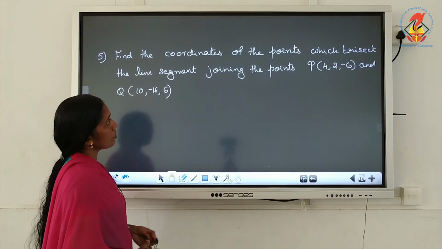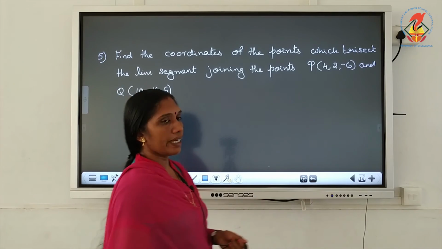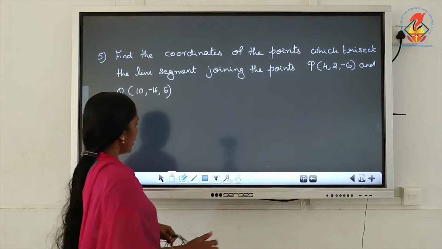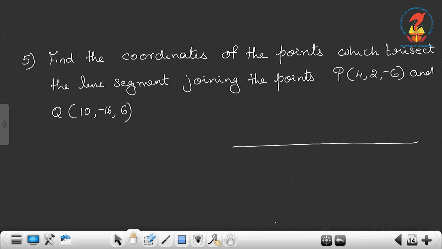One, find the coordinates of the points which trisect the line segment joining the points P(4, 2, minus 6) and Q(10, minus 16, 6). Trisect means 3 equal parts. That's the meaning of trisection. We have to find the coordinates of the points which trisect. So there must be 2 points. Then only we get 3 equal parts. So let R and S